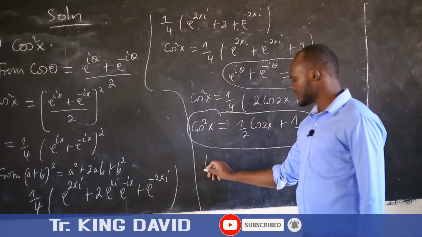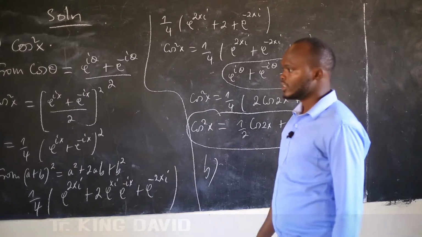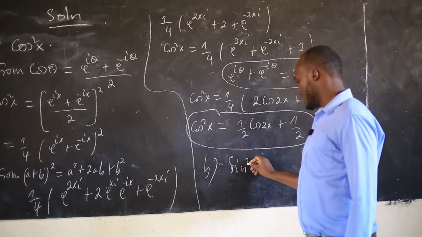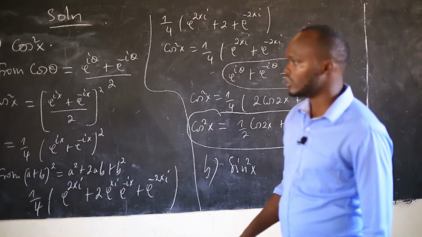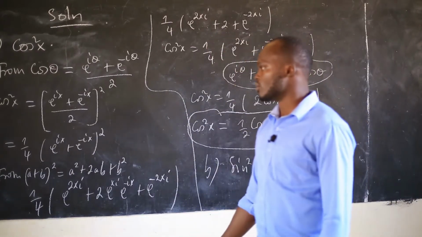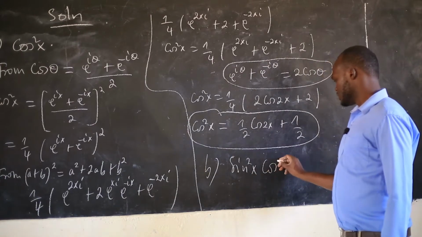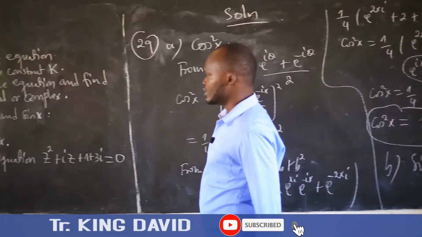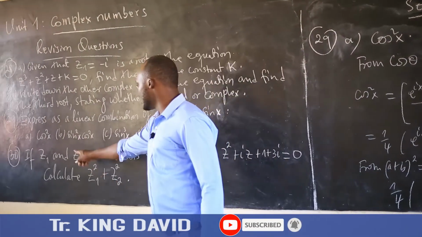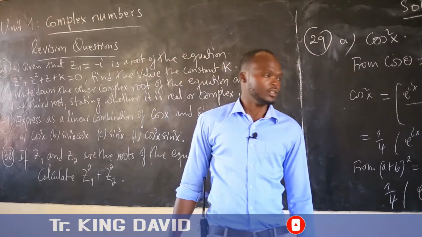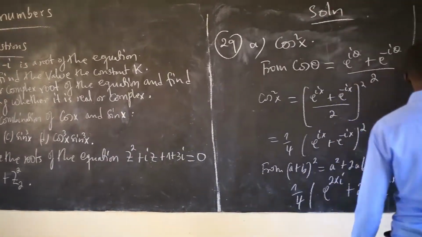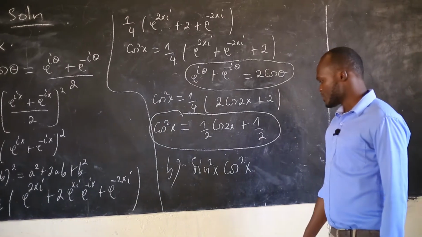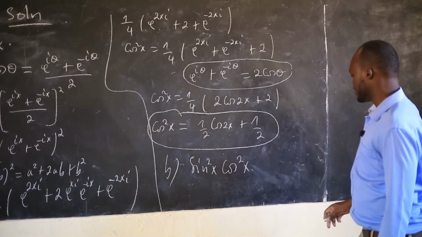So we have b. Our b is saying to express sin squared x cos squared x as a linear combination. It is here. It is sin squared x cos squared x. We need to express it as a linear combination. So we're going to express this one as a linear combination. So what do we do? We know that